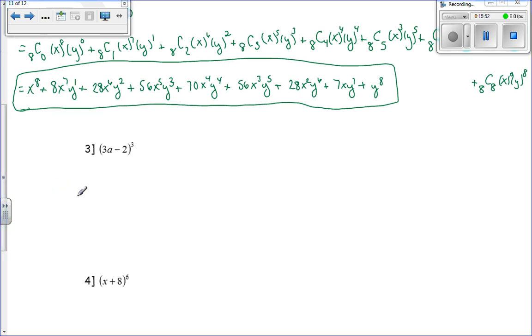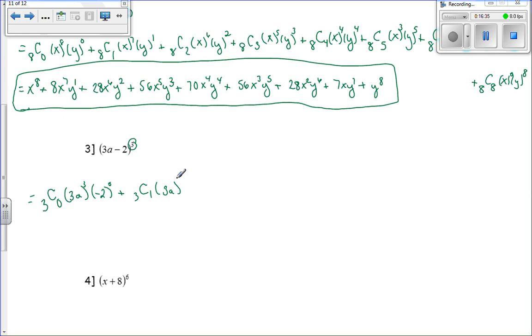Okay, for number 3, we have 3a minus 2 to the third power. I could sit here and multiply it all out, or I can use my formula, my expansion. I should end up with 4 terms in the end. So let's try this. It'll be 3c0. This time I have 3a as my first term, so I'd say 3a to the third. The negative goes along with the second term, so it's minus 2 to 0, plus 3c1,